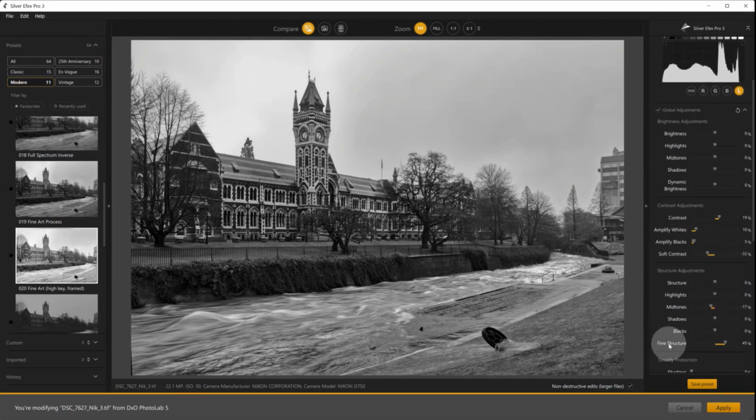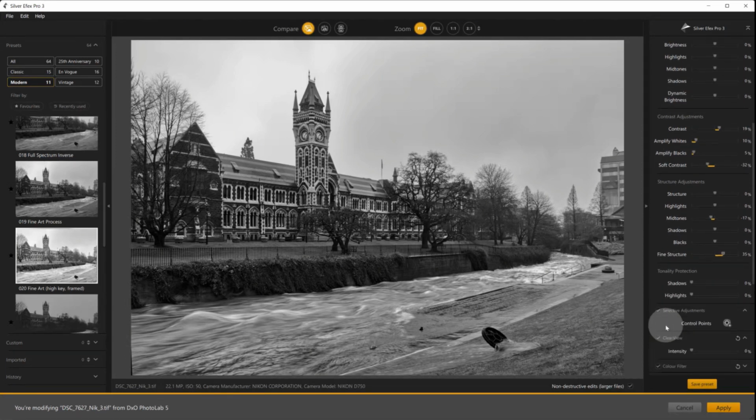There's a setting here that says fine structure, and I want to actually just bring that down a touch. So you can see that the fine art process preset has set it on 45%. And I'm just going to actually bring that down to 35%, just to take a little bit of the structure out of that. Now, if I scroll down just a little bit more,